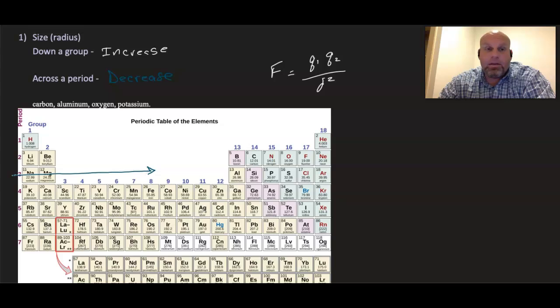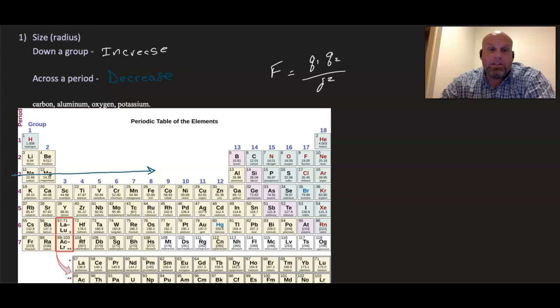As I said at the beginning, 3 steps here. Step 1, understand the trend, the definition of the trend. So for radius or size, it's distance from the nucleus to the outermost electron. Understand how that property changes systematically as I move through the periodic table. So hopefully you can explain why it increases going down a group and decreases going across a period. And finally, apply that to determine which in a series of elements would have the largest size or the smallest